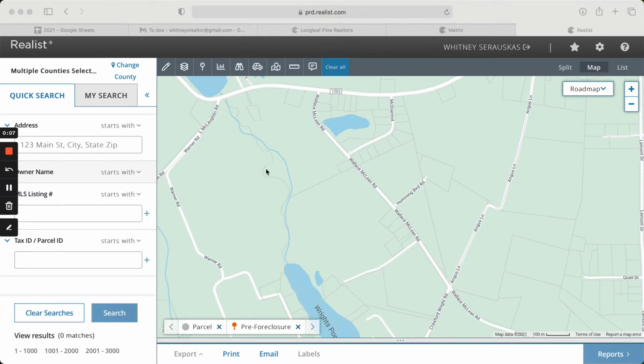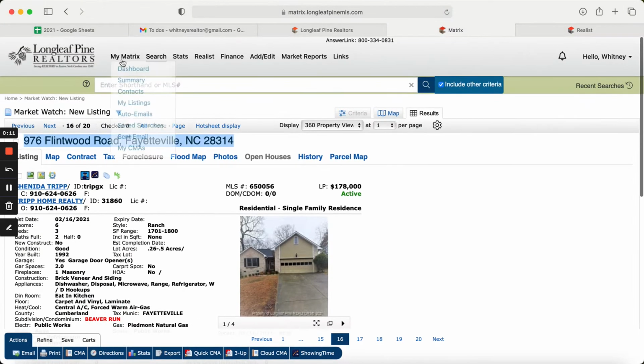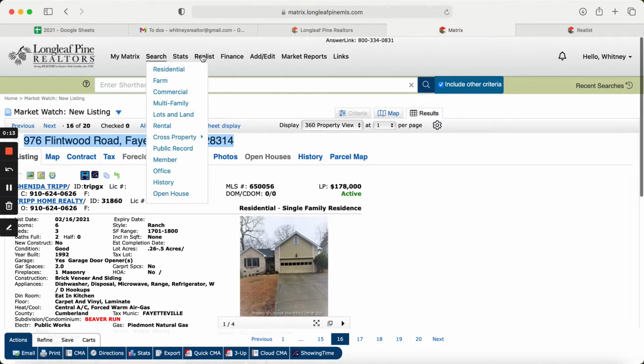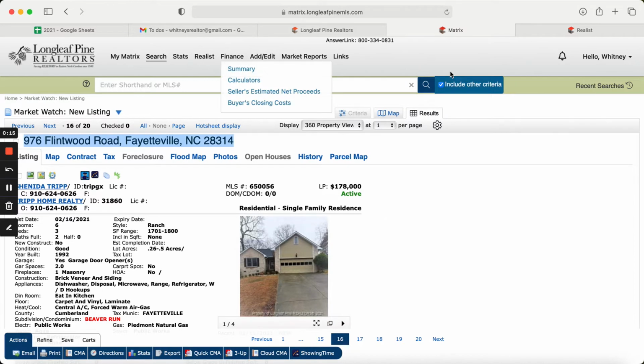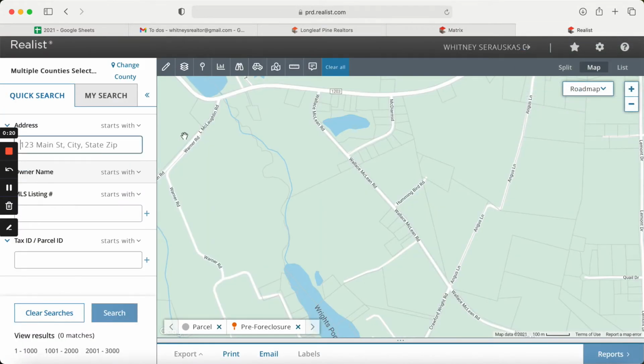Realist is one of the features on the Matrix. If you go up here, you can see that Realist is right over here, and you would click it, and it would open into another window. You could basically use this to find any information you need, especially if the house has never been listed on our MLS. You can find out who the owners are, the tax ID, the size of the lot,